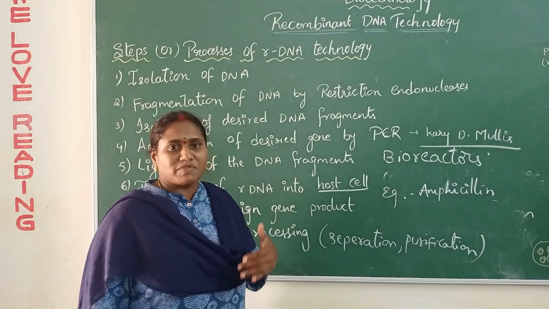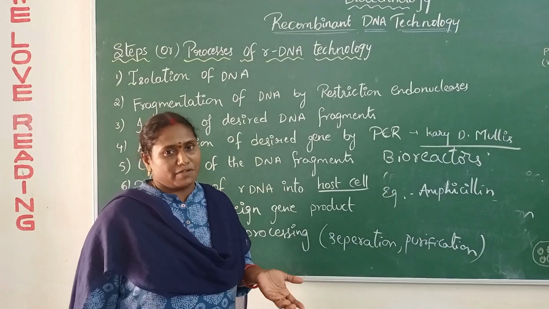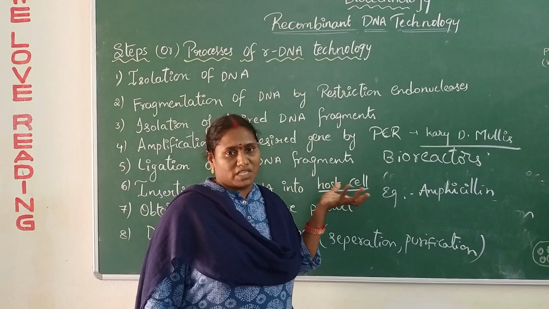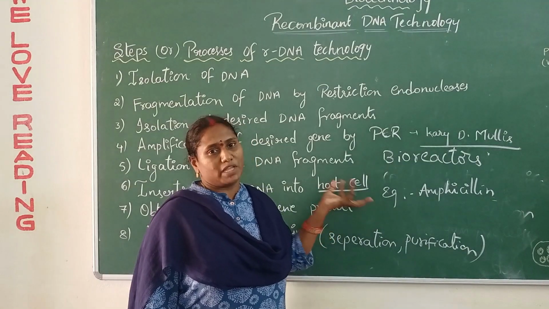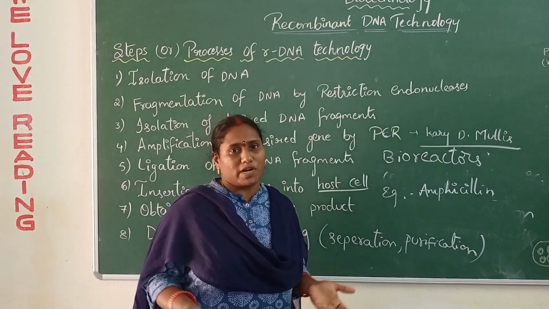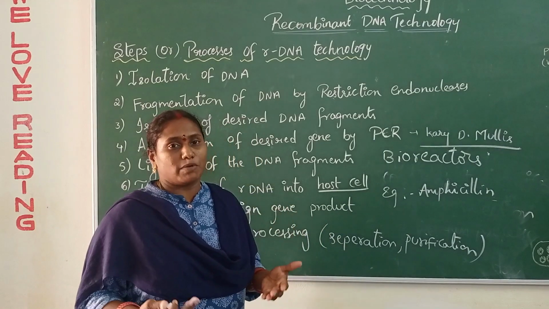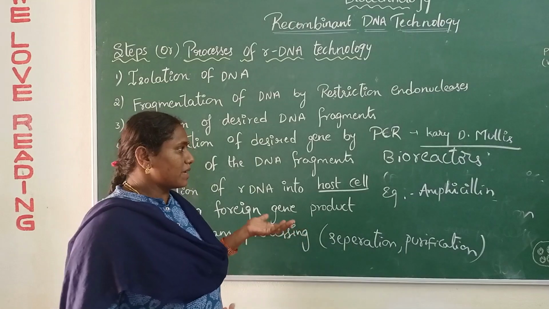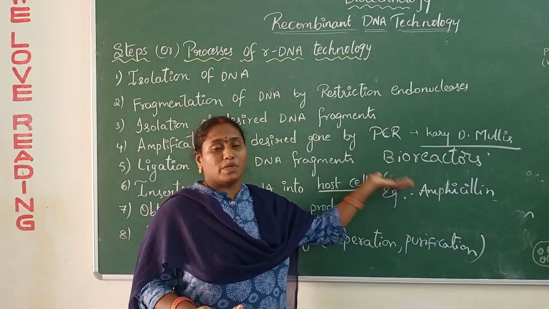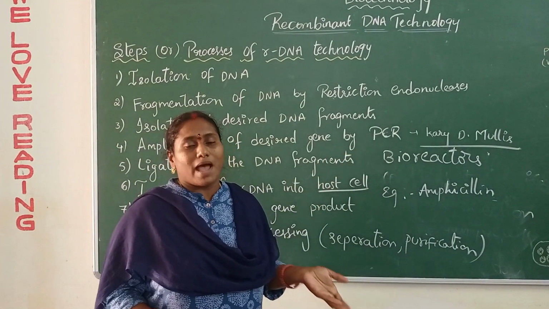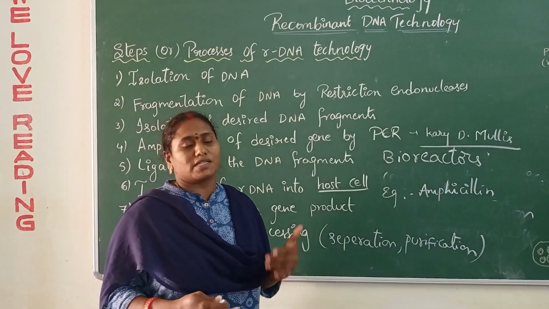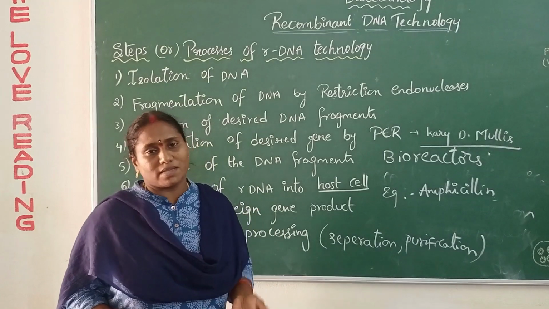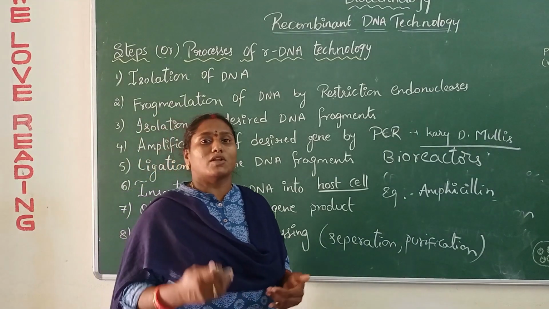If there is no ampicillin in that E. coli, it will die definitely. So, we know that, as I said before, recombinant DNA technology of biotechnology needs a large scale product. For that, we have to produce in a large scale. So, large scale means we are using bioreactors, as I said before, which is from 100 to 1000 liters, and it is controlled under several conditions like temperature, pH, salts, etc. and it is also using raw materials.